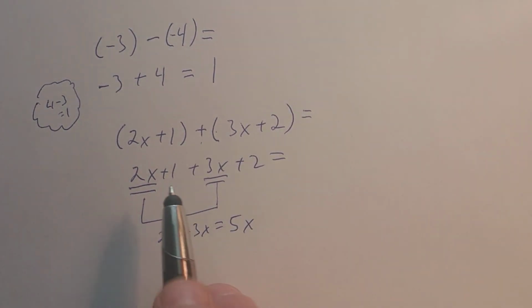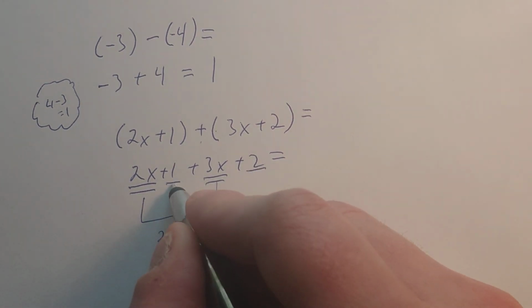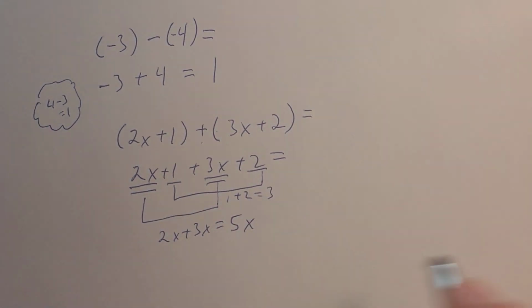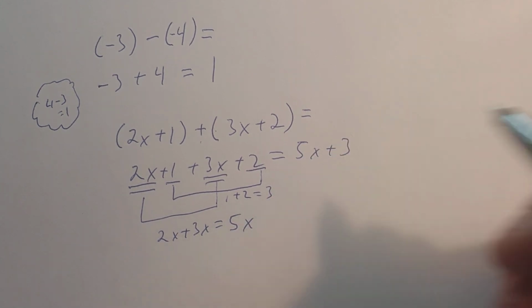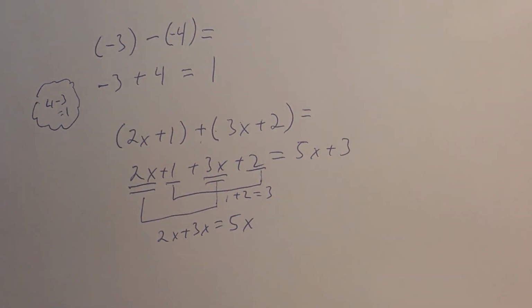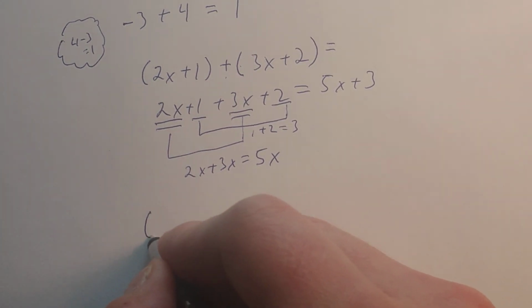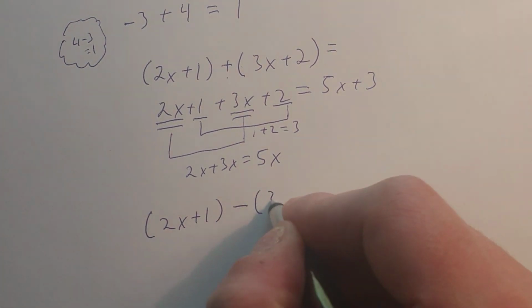Okay? And then we just have a 1 plus 2. And there we get a 3. So then when we put these together, we just get a 5x plus 3. Like that. Okay? So now when we were subtracting these things, I'm going to go 2x plus 1 minus 3x